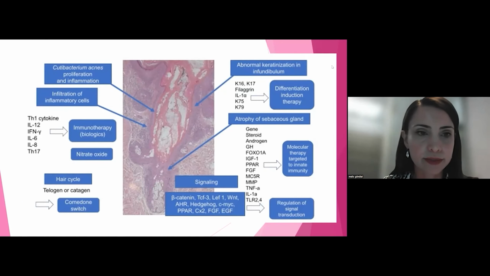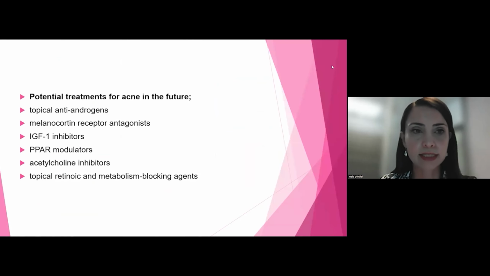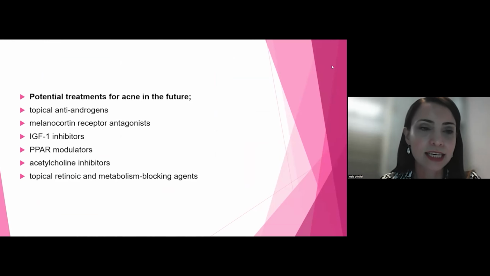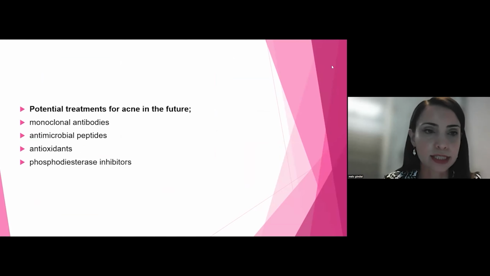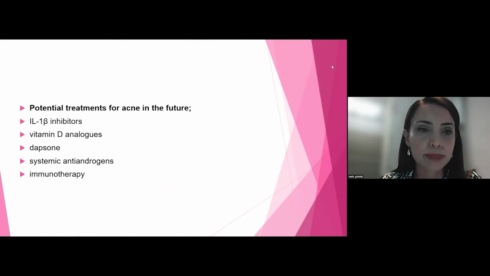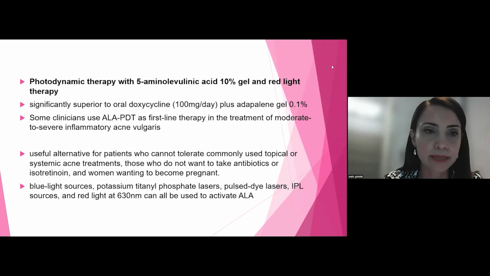Here there are many cytokines in the mechanism and potential treatments for acne in the future. They are coming for us: topical anti-androgens, melanocortin receptor antagonists, IGF-1 inhibitors, PPAR modulators, acetylcholine inhibitors, topical retinoic acid metabolism blocking agents, monoclonal antibodies, antimicrobial peptides, antioxidants, phosphodiesterase inhibitors, interleukin-1 beta inhibitors, vitamin D analogs, dapsone, systemic anti-androgens, immunotherapy, and